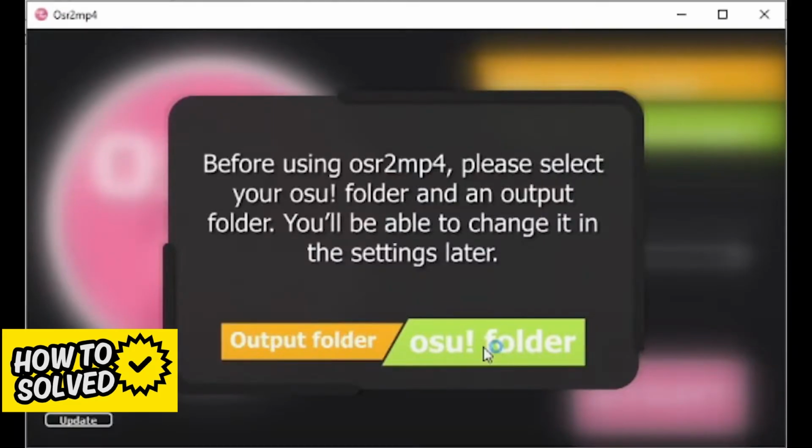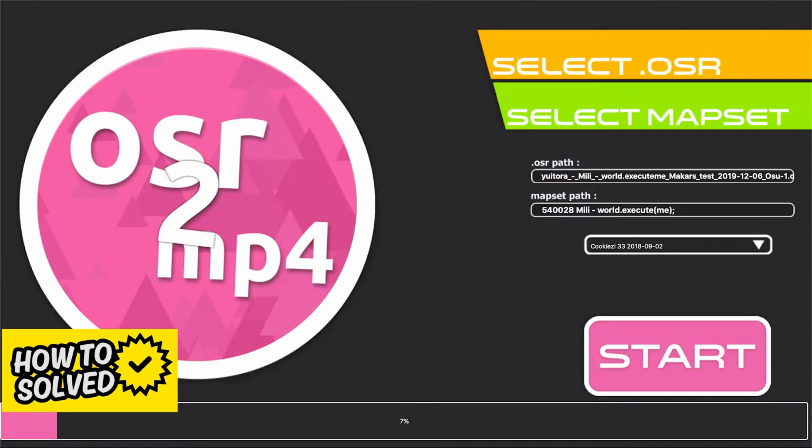After you download OSR MP4, the first time you open it up, it's going to ask you to select your Osu folder, so where Osu, the game, is installed, and an output folder that's going to receive the MP4s we create. After you select both folders, this prompt will go away, and you may now select a replay you created